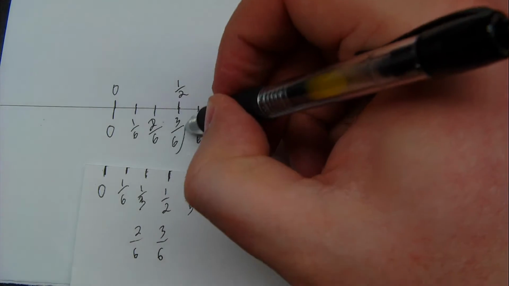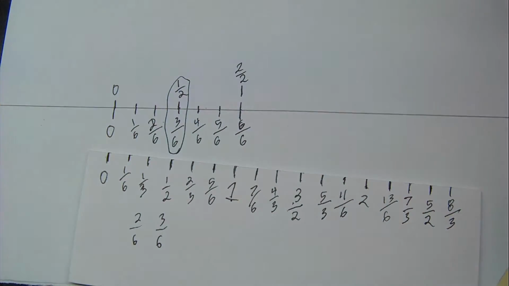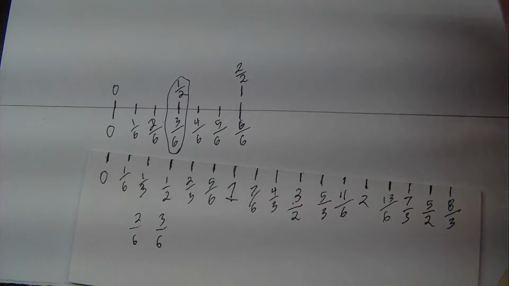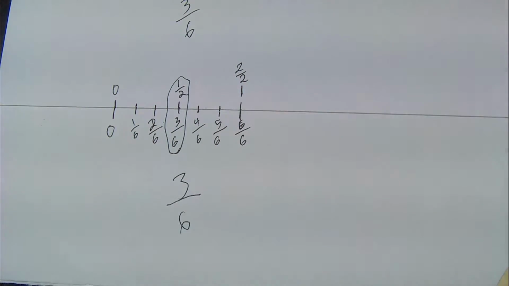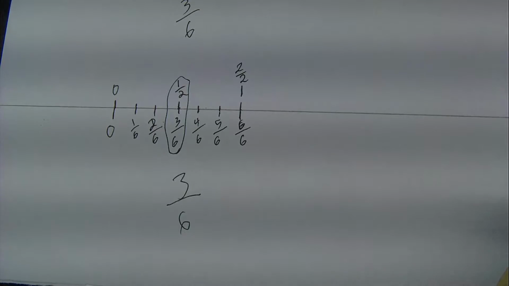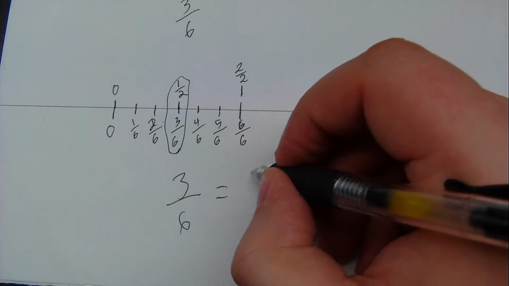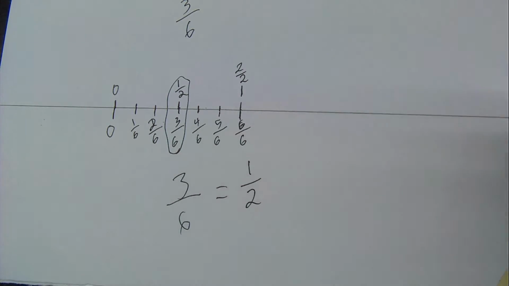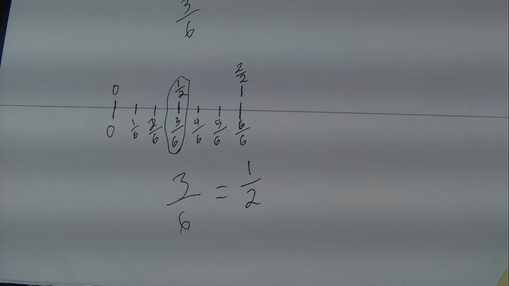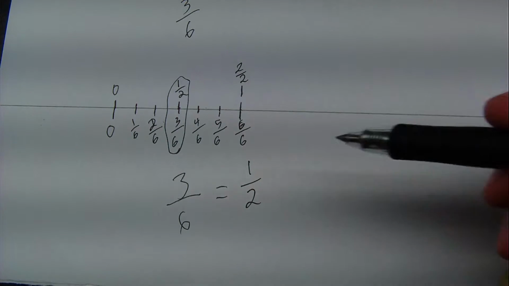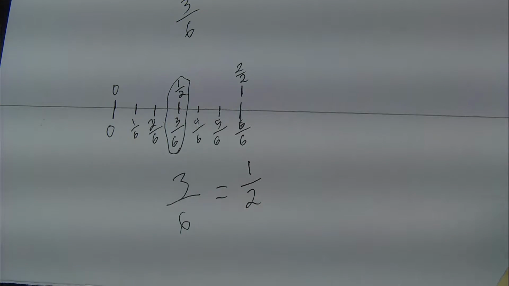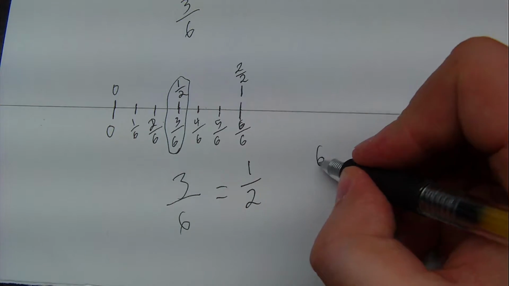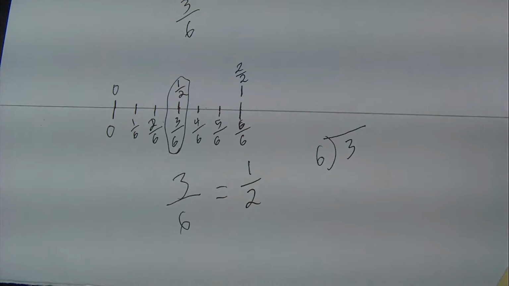And from this I can see that these two measure the same distance. So I have 3 sixths. If I take my 3 sixths, I know that's equal to my 1 half. So those are the same. How can I turn this into this? Well, if I take my 6 and divide that into my 3,